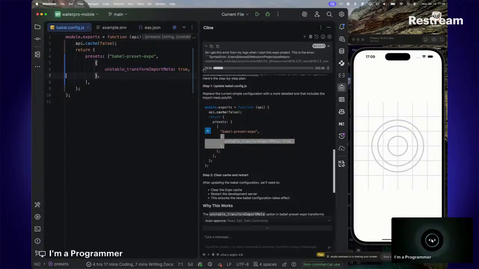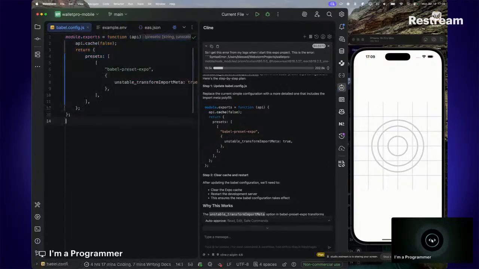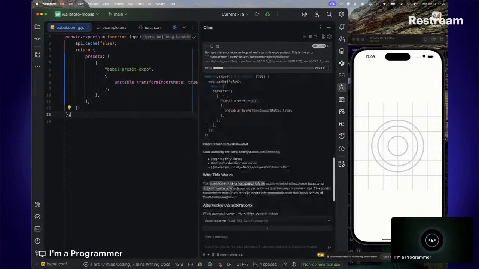All right. So we have the Babel presets like this, and literally the same thing. Oh, see, this looks wrong. So you know what I'm going to do? I'm just going to copy this because it's literally the same thing. Yeah, this looks a bit better. I know there's an extra one there. And